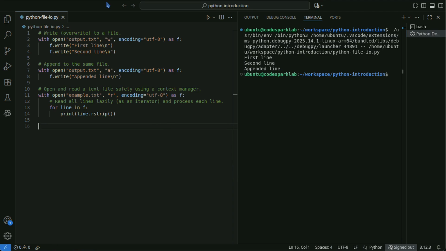This code writes text to output.txt and then appends more text to the same file. The W mode overwrites the file, while A mode appends a new line to the end of the existing content. If you need to flush, call flush, but usually the content is flushed automatically when the context ends. If multiple processes or threads may write at the same time, you need to consider exclusive control, such as file locking.